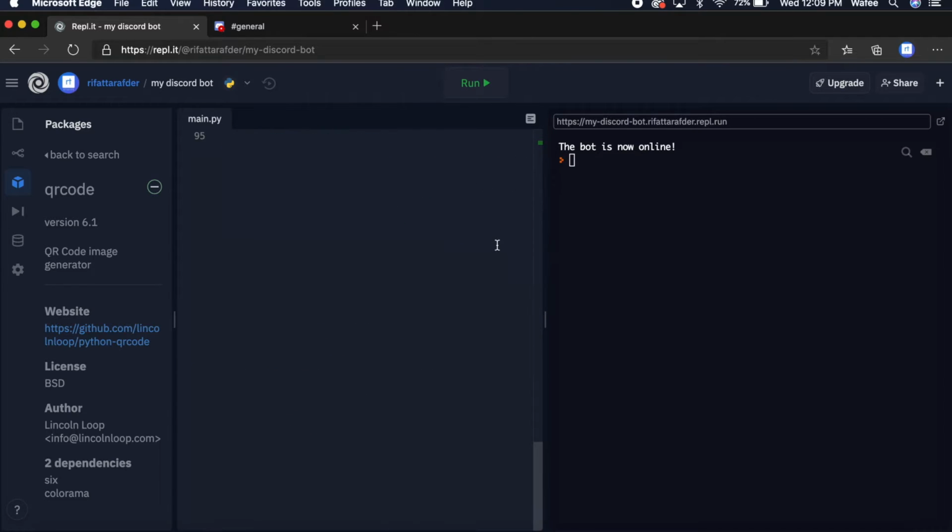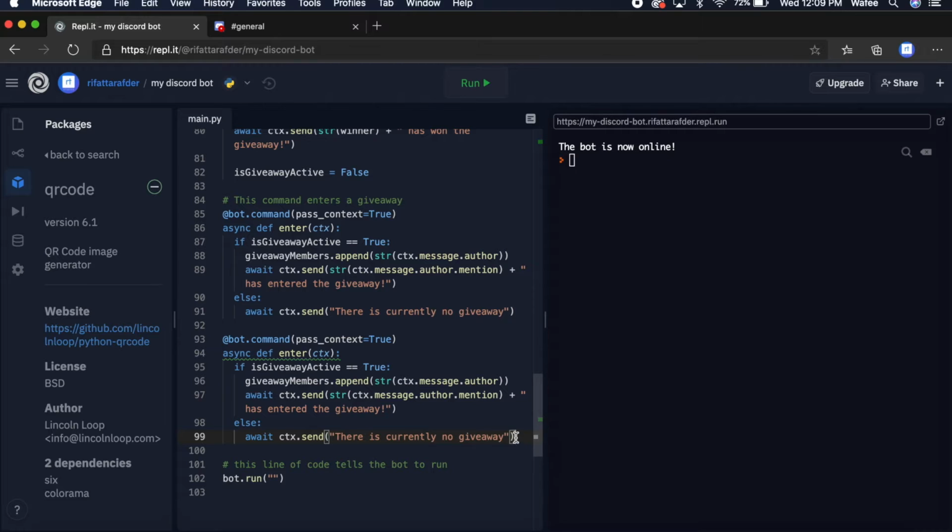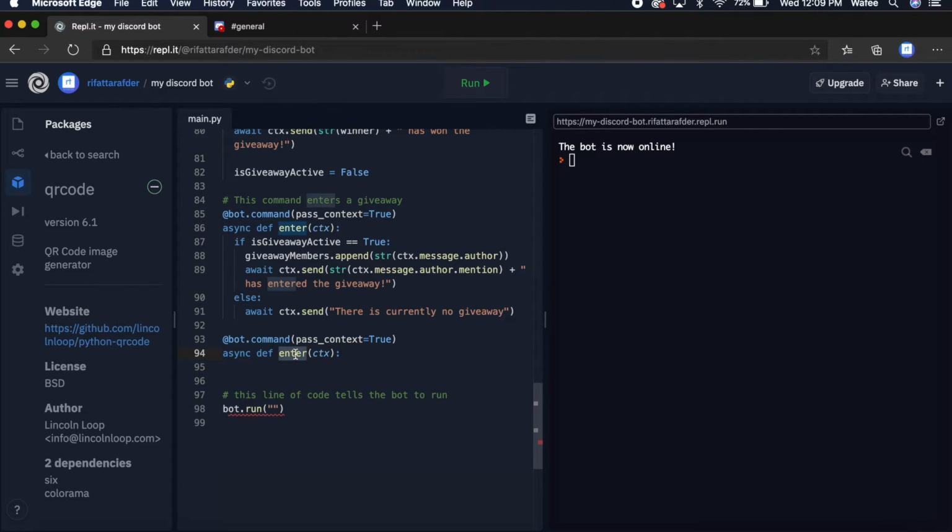So the first command we're going to create is a user information command. So we're just going to copy our previous command. And then we're just going to delete the code in this command. And we're going to name it who. And then for the arguments, we're going to need a user ID for the bot to fetch. And then we're going to create a new variable called user. And we're going to set that equal to